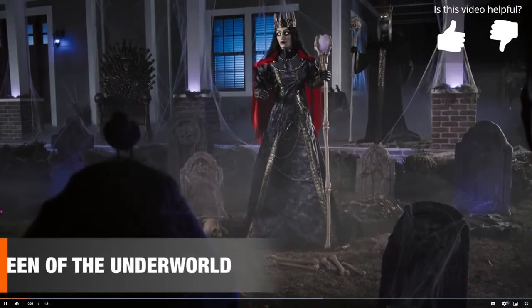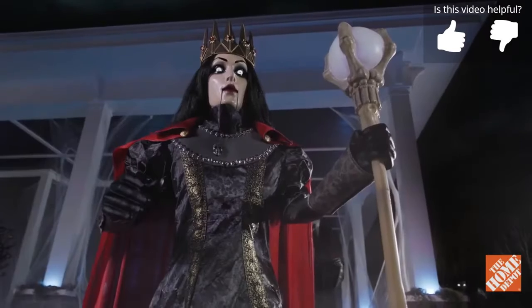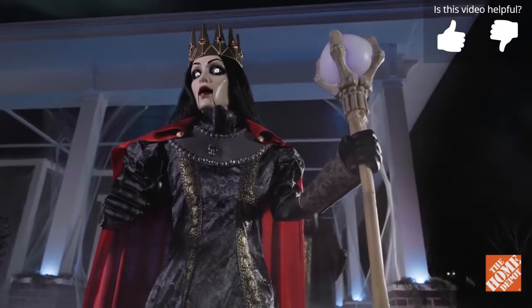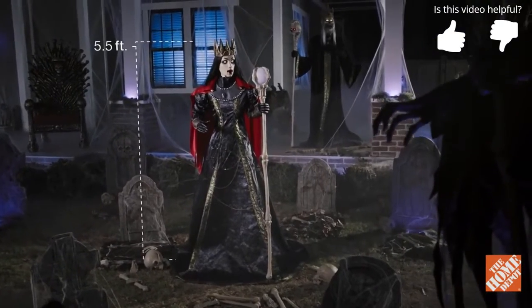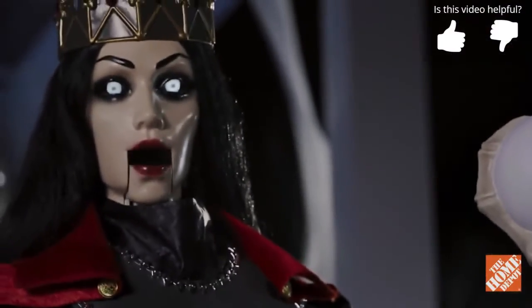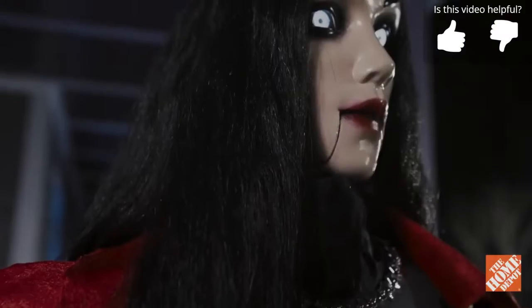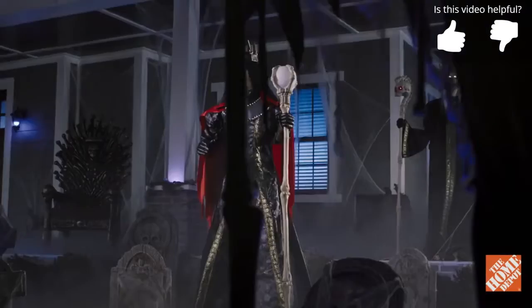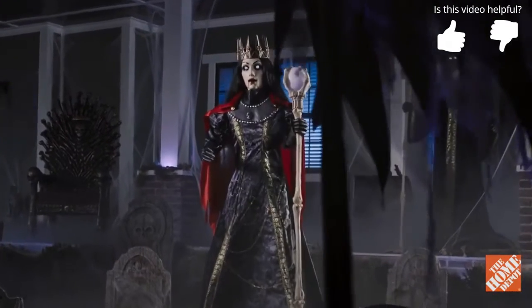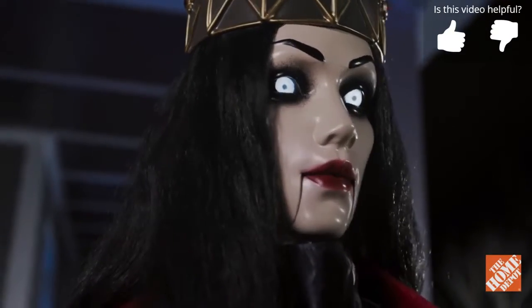The Queen of the Underworld demands your undivided attention and absolute devotion this year. She stands a striking 5.5 feet tall. This wickedly fierce enchantress boasts a bejeweled golden crown on her jet-black mane, and her intense, soulless eyes will send chills down your spine. She moves her head from side to side to deliver evil commands that will chill your